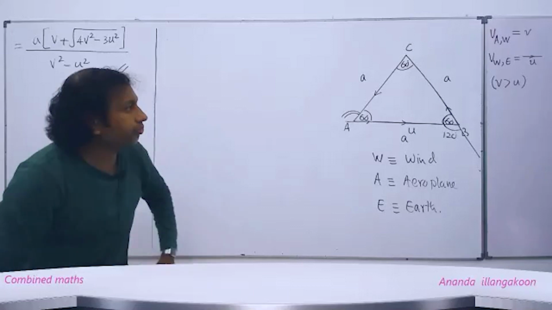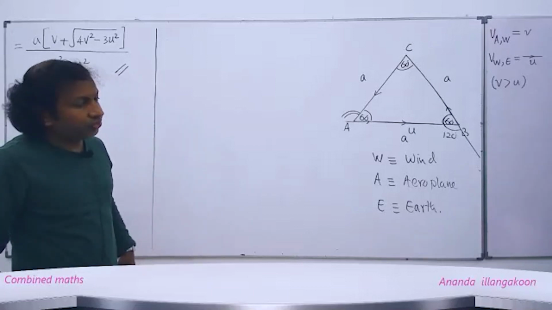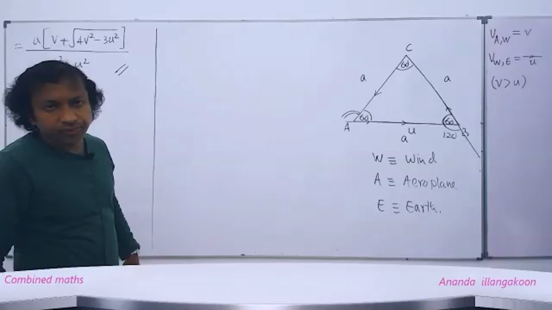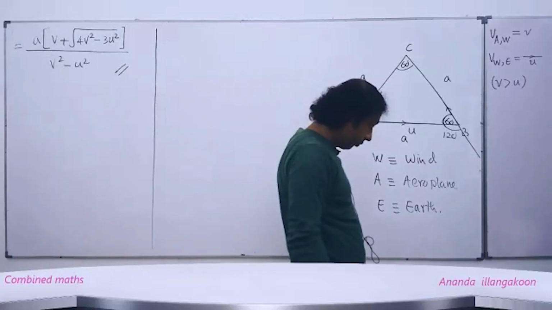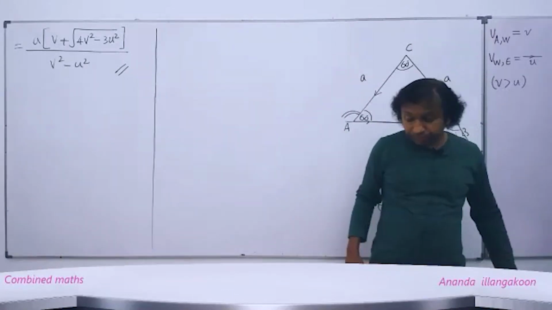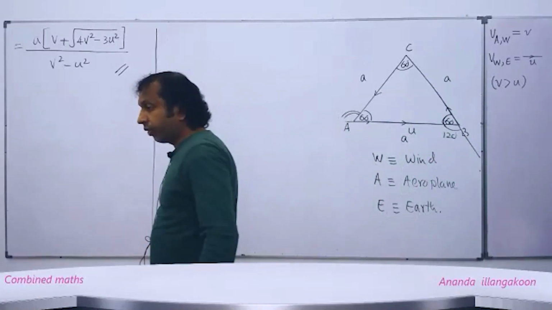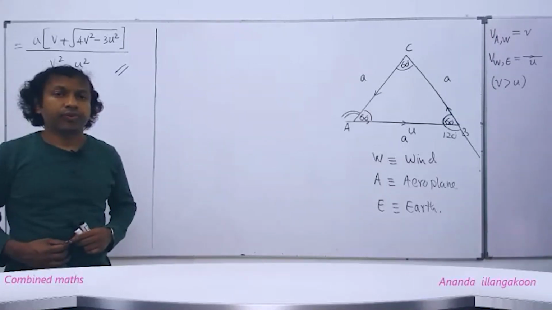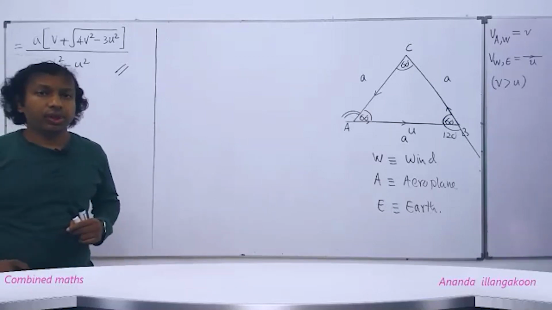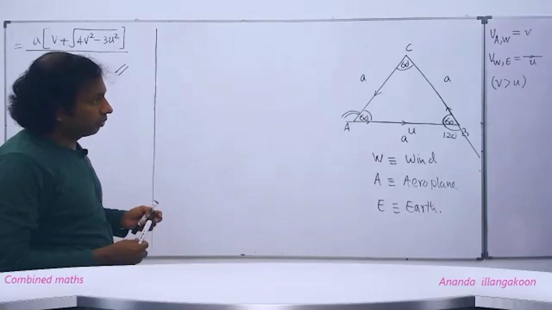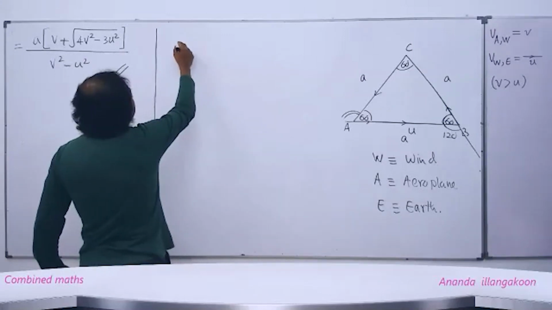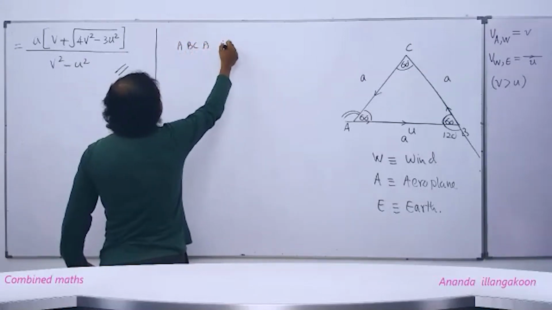On a calm day, the airplane moves along the sides of the triangle with velocity V. Therefore, the time the aeroplane takes to complete the path ABCA is,